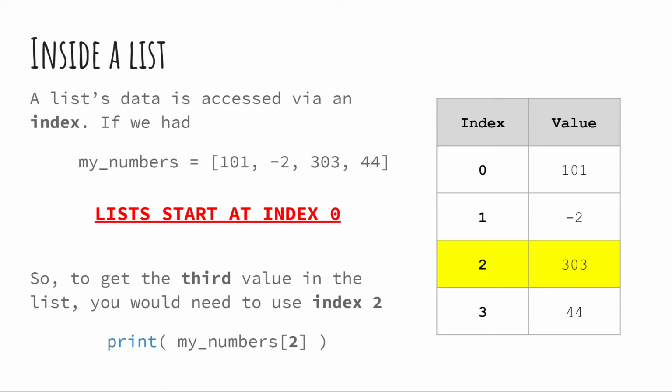So the main thing to note is that lists start with an index of 0. So the first element is index 0. One of the easy ways to think about it is how many numbers do you need to skip over to get to this one, right? So if we want to access the first element, then we don't need to skip over any items. We just look at the first item. If we want to access the second element, then we need to skip over this first one, so we use the index 1. If we want to access the third element, then we need to skip over 2, so we need an index of 2.